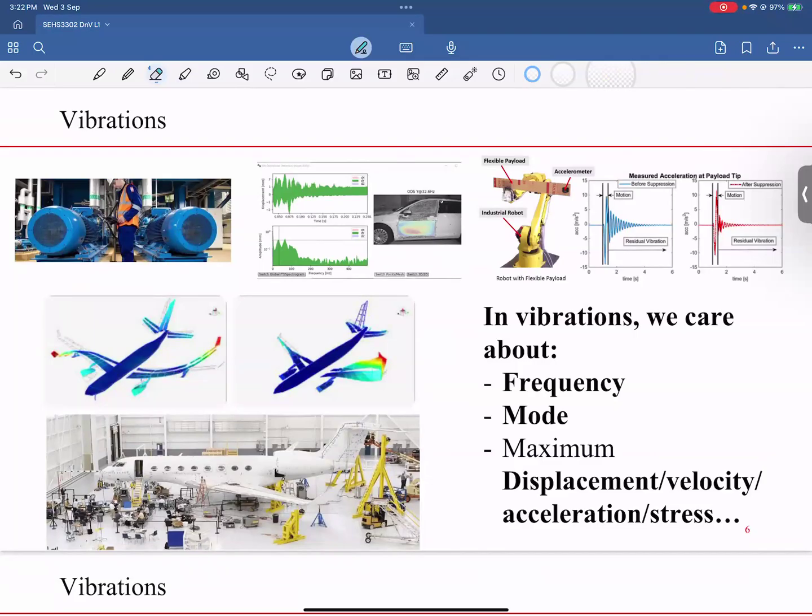Just a periodic dynamic problem. Pendulum, and even rotation, as long as it's periodic. And also the vibration shown here, the airplane vibration, also the vibration of the robotic arm, as long as it moves back and forth,